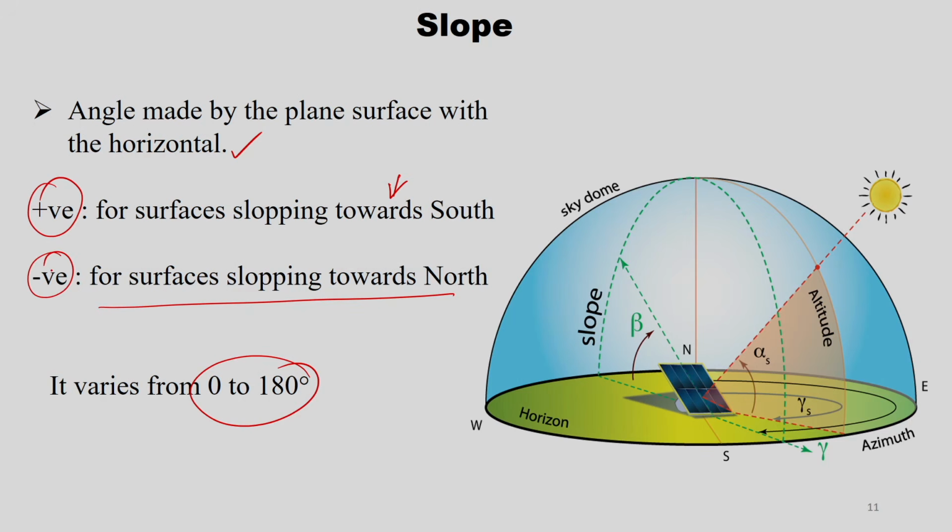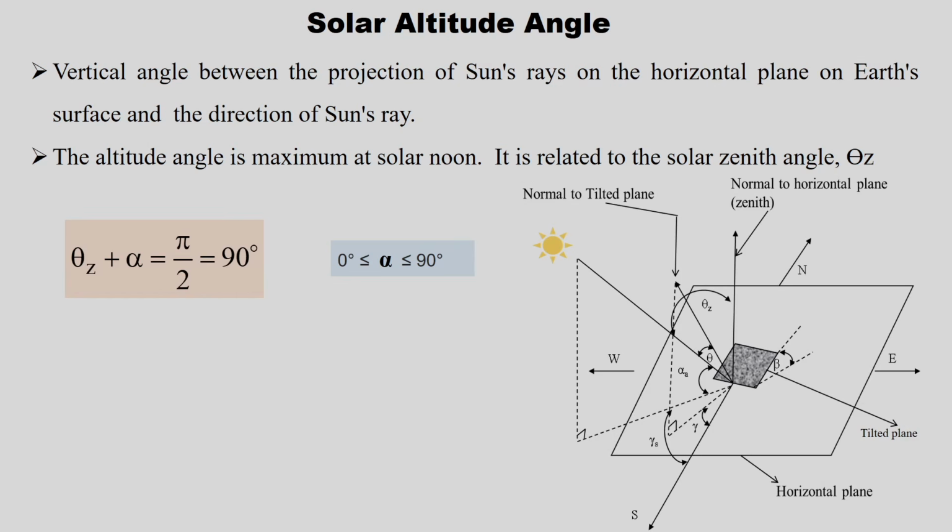So, in that way it is calculated as 0 to 180 with the negative sign. So, this is here mentioned as beta. So, this is horizontal, this is inclined surface, this particular angle is slope. And then solar altitude angle, which is referred to as alpha, is the vertical angle between the projection of the sun's rays on the